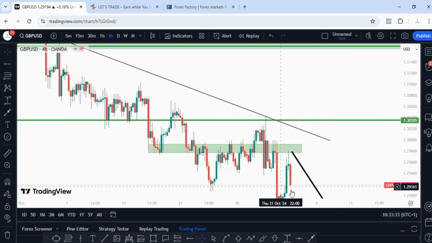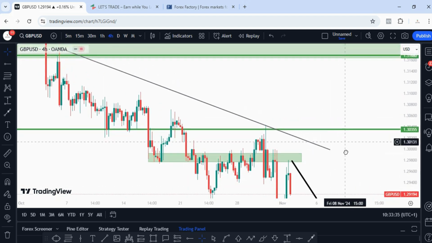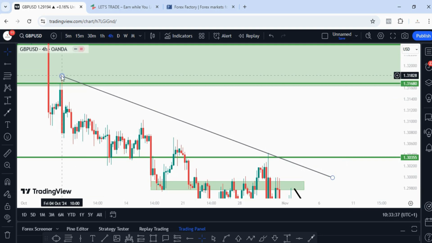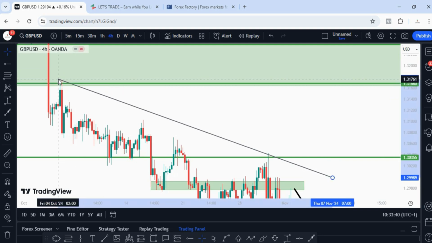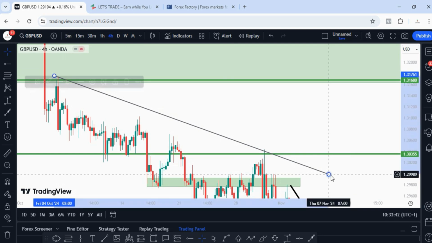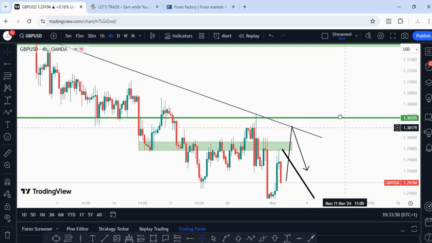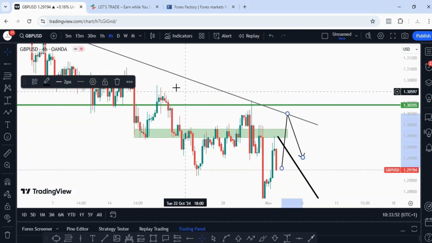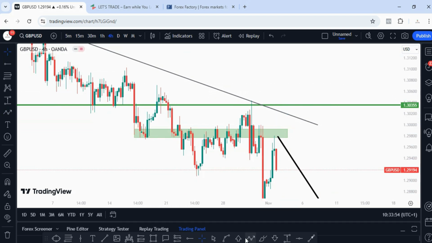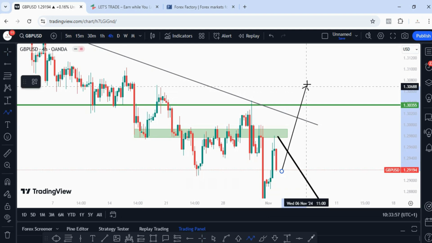But for whatever reason, if price opens next week and just continues trading upward, then I have this trend line from up above here. This is the 4-hour time frame, by the way. So which means I would like to see price break above here, which I don't think will most likely happen. Maybe price will just tap this trend line, then fall back down. Maybe, because I really don't see price going for this much of a pullback, which I'm about to talk about,